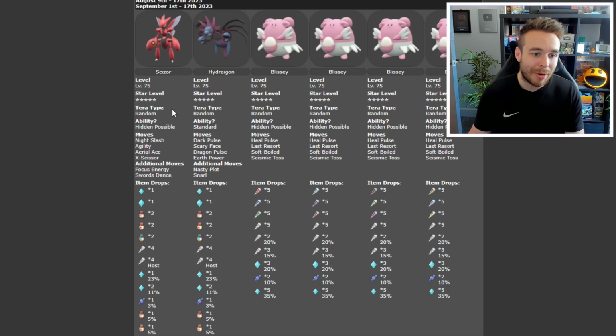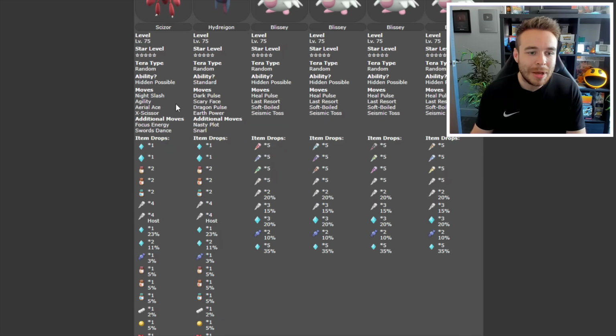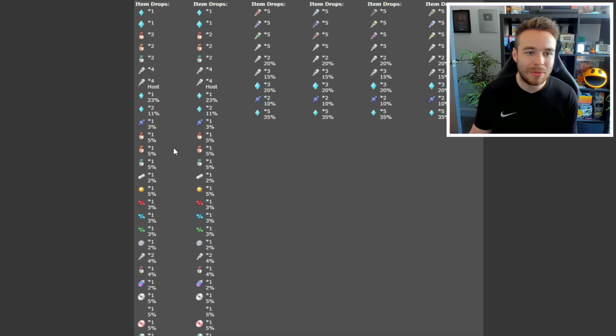It's got a random Tera type. Ability, you can get the hidden ability, it is possible. The moves it has are Night Slash, Agility, Aerial Ace, X-Scissor, with the additional moves of Focus Energy, Swords Dance, and then these are all the items you can drop. So again, that's going to be getting you, I guess, money items and stuff like that,